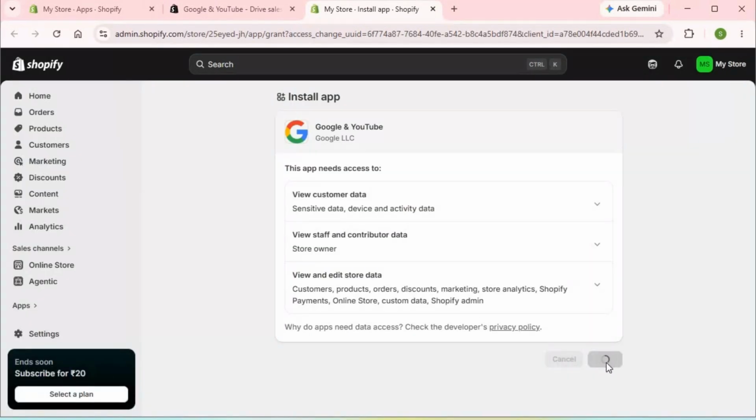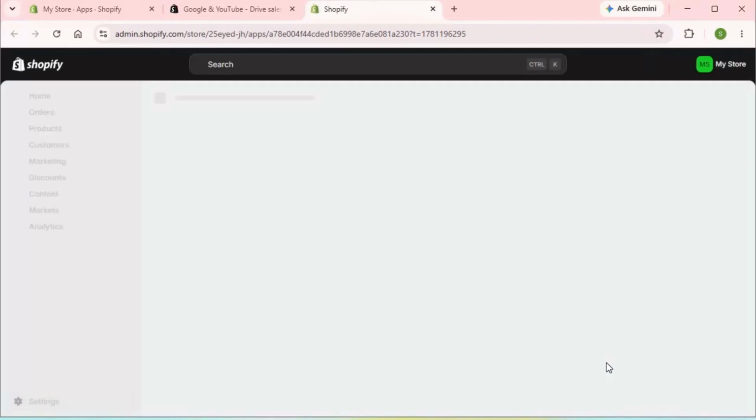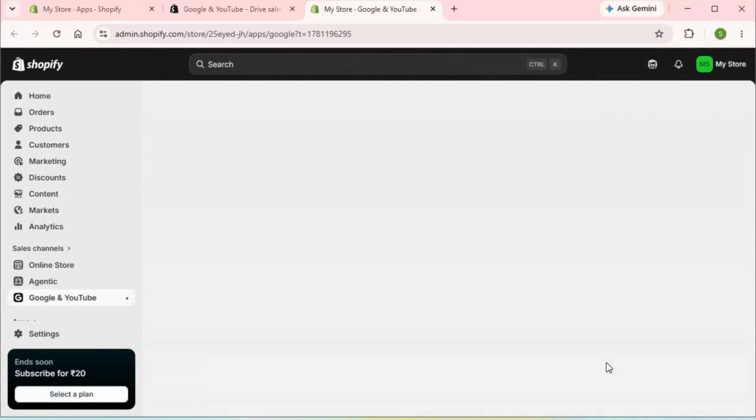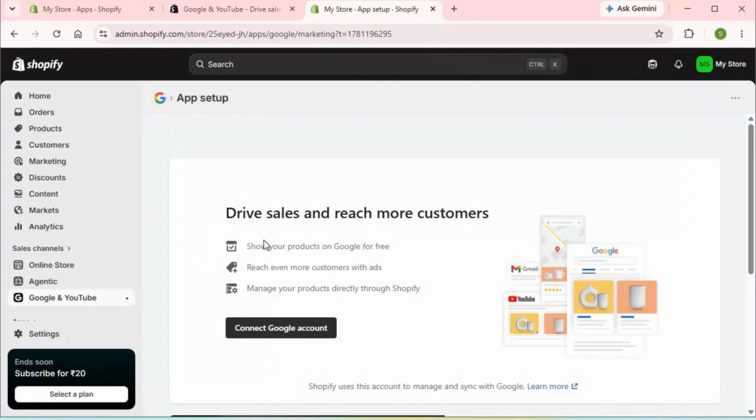Once the app is installed, click Connect Google account. You will now be asked to sign in with the Google account you want to use for Google Ads and other Google services. After signing in, review the permissions requested by Shopify and click Continue or Allow to complete the